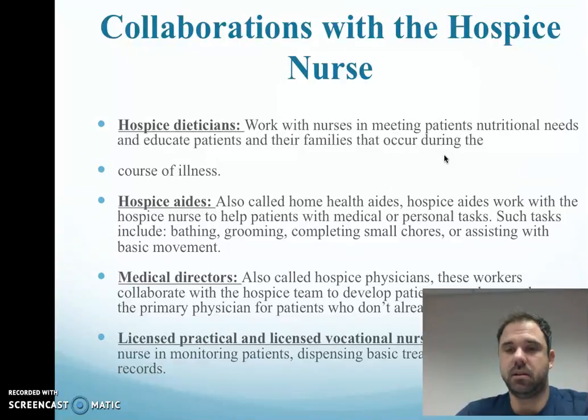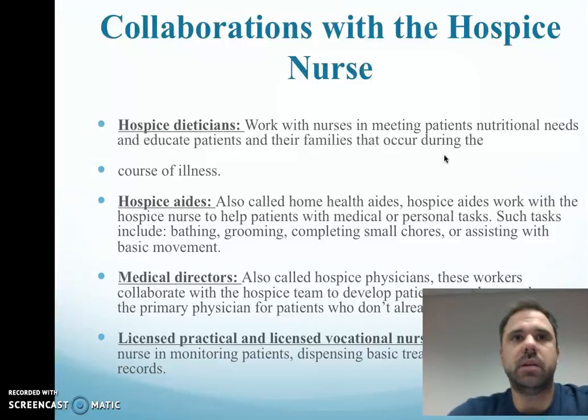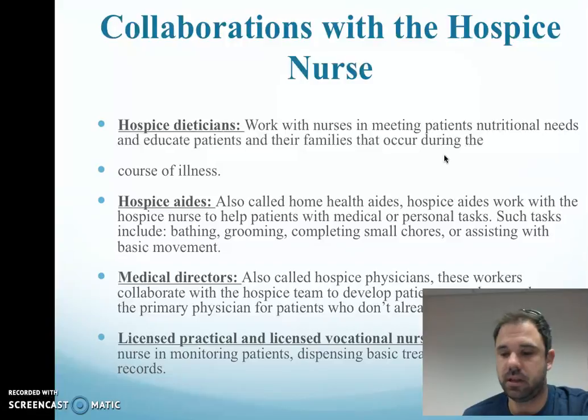Hospice team members may include both volunteers and paid workers who address the different needs of patients and their families. Healthcare practitioner and technical occupations and healthcare support occupations make up the largest group of hospice caregivers that interact with the hospice nurse and are responsible for medical and palliative treatment, but also provide emotional support as well. Such roles include, and I'll go to my slides here, hospice